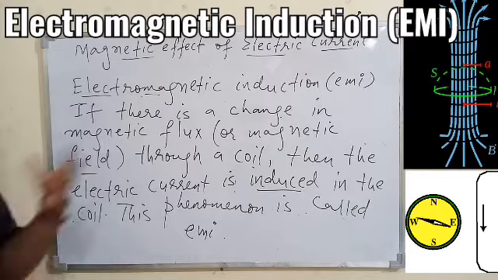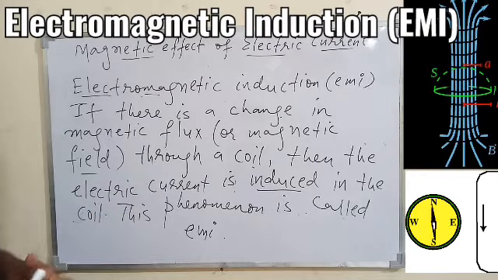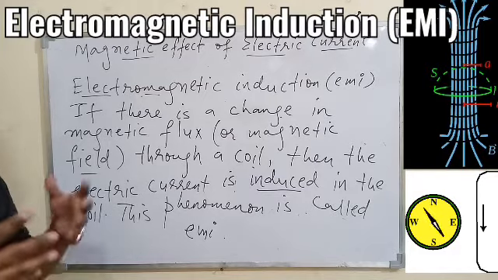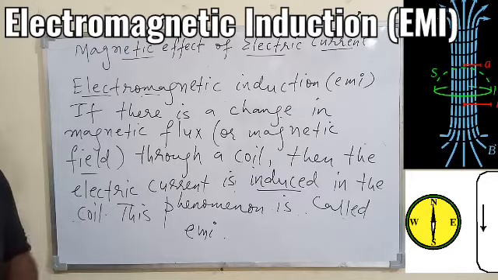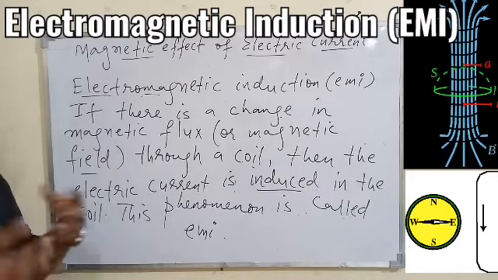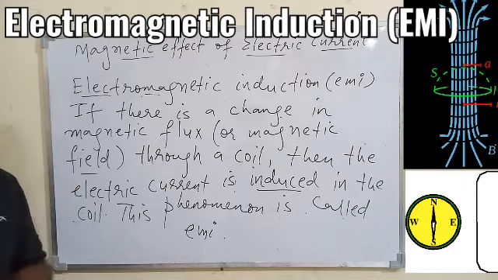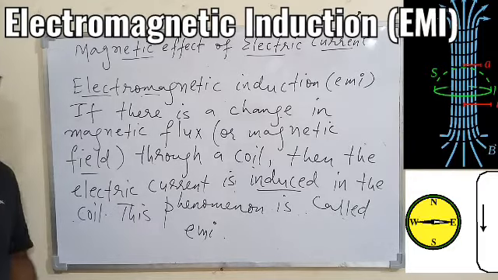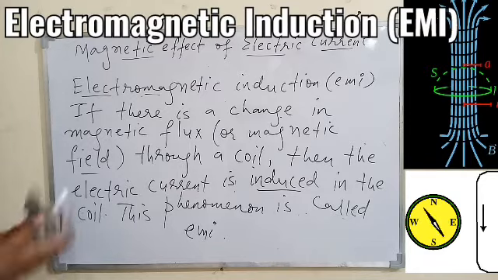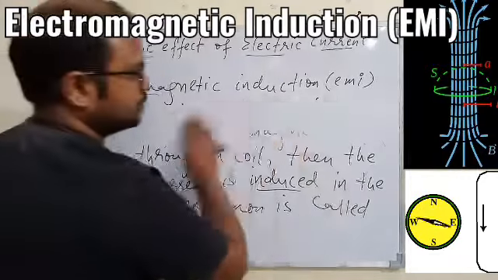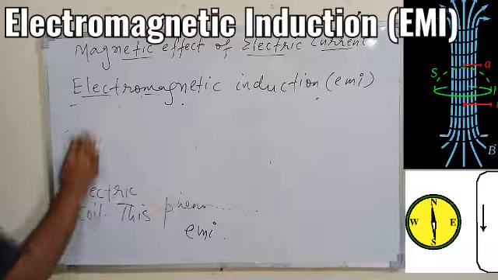Briefly we can say electromagnetic induction is nothing but, with the help of a magnetic field or a magnet, we can have electric current in the conductor. So without power supply we can produce current with the help of a magnet, and that is the very simple concept and the principle of the electric generator. You might have heard about the electric generator, which can produce current, and that is totally based on the same concept. Now the electric generator topic has been deleted from the syllabus, but overall the principle of the electric generator is electromagnetic induction only. I hope you understood the meaning. Let's go for more explanation of this particular topic.